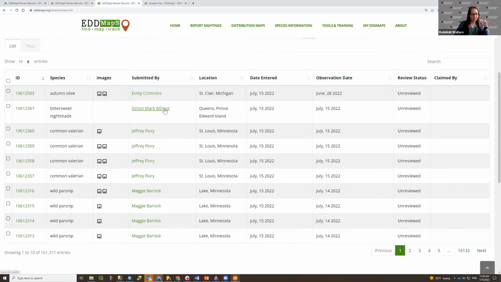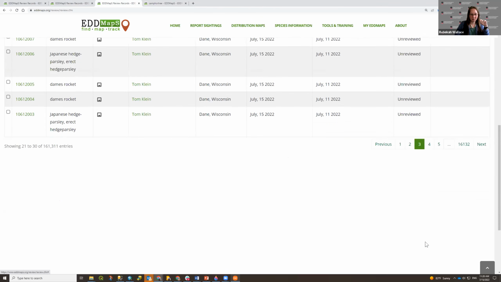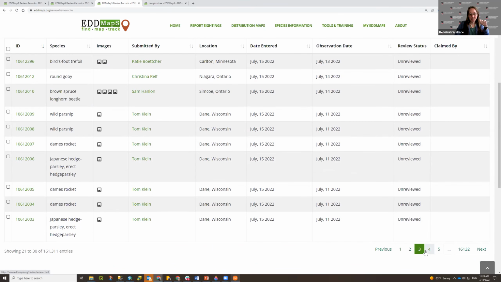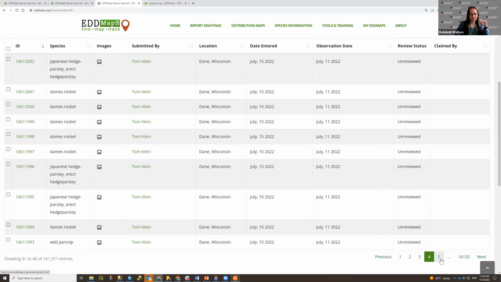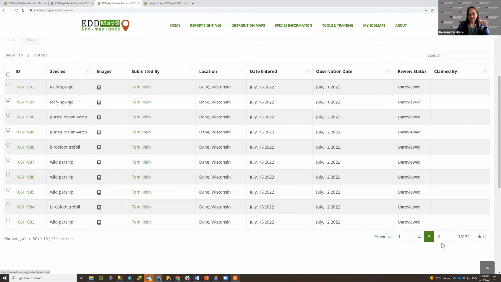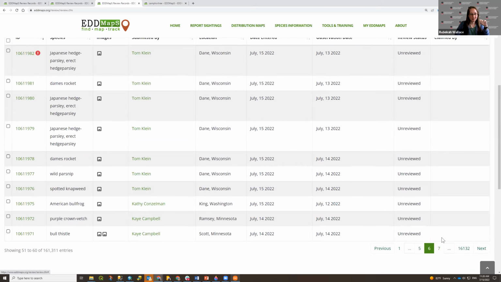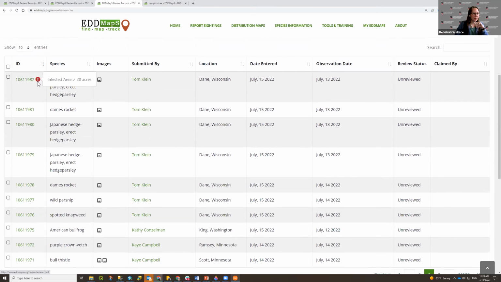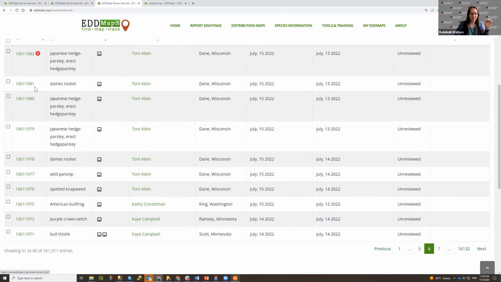One thing that isn't showing up here, let me see if I can find some real quick, is there are some icons that will occasionally show up in this table that are indicating certain things about the records. Here we go. So these little warning icons let you know, generally speaking, that maybe the area is large, or maybe the coordinate uncertainty is large, things like that. So little warning icons about the record that something may be a little suspect.